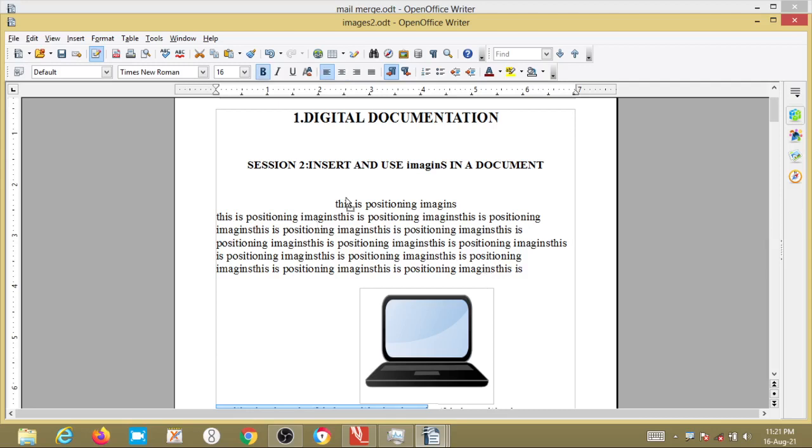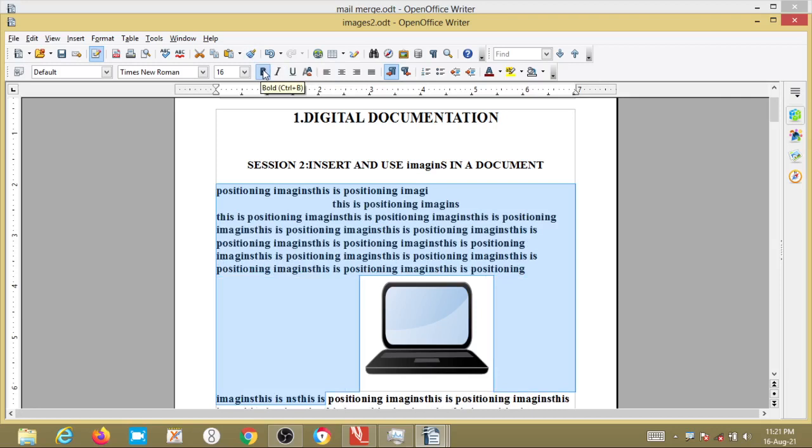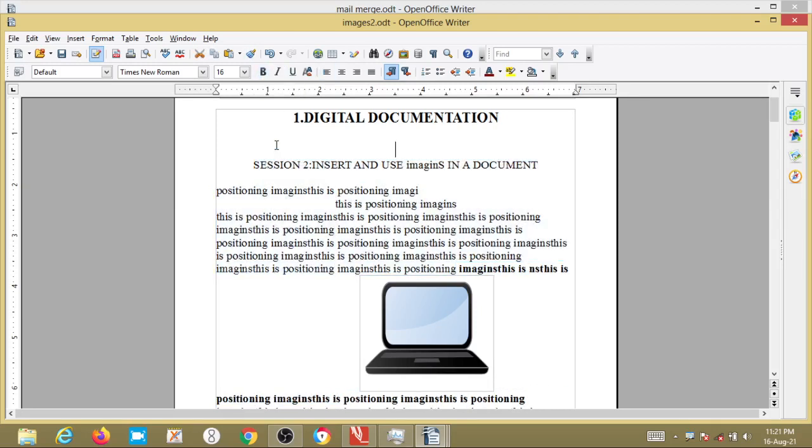You select the text first, then press the bold option B. Or another way: when it is not bold, just select the text which you want to make bold, then press Ctrl B, and it will get bold.